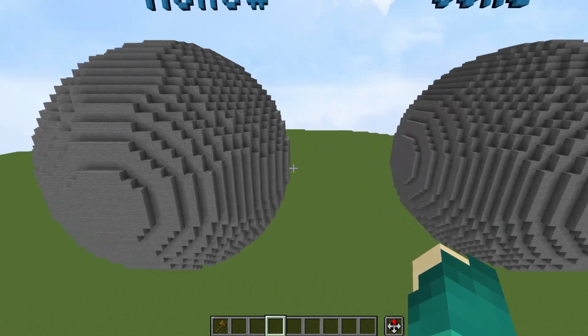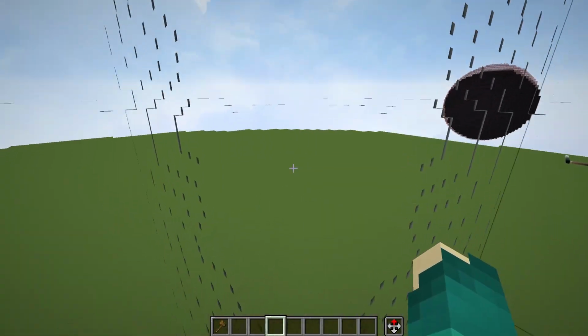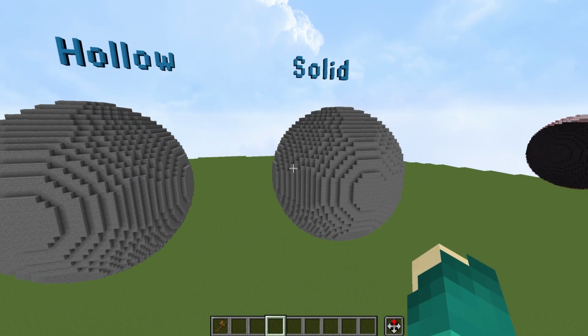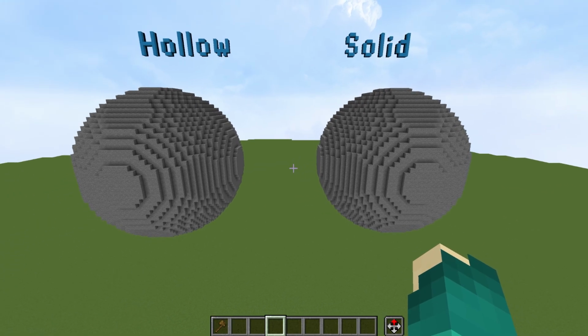And just to show you that this is indeed hollow, here we have a hollow sphere, and then this one is solid, completely filled in. Generally, when using these commands, you're going to get a better outcome when texturing something that is solid. And I found this out too when working on one of my actual builds,